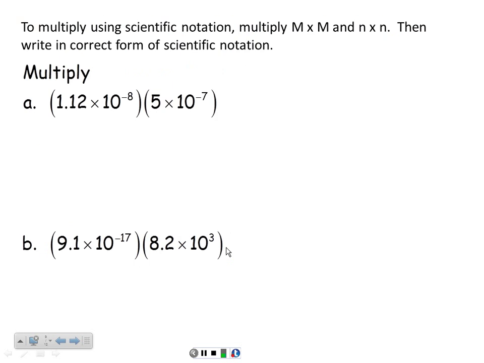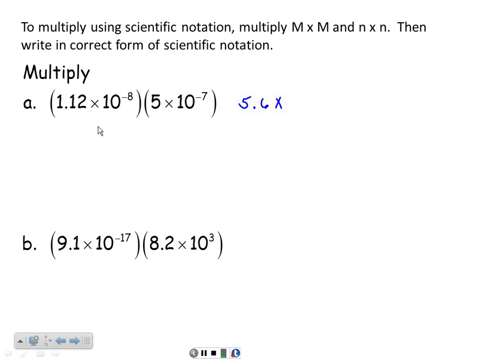The next thing we're going to do with scientific notation is to multiply, and this is where our power rules come into play. So to multiply using scientific notation, you're going to multiply m times m, remember here, and then you're going to multiply n times n. Then write it in correct form of scientific notation. So let's do that. Let's multiply m times m. So we're going to have 1.12 times 5. And we get 5.6